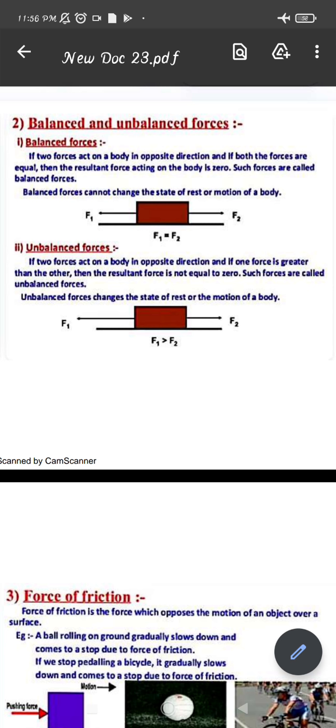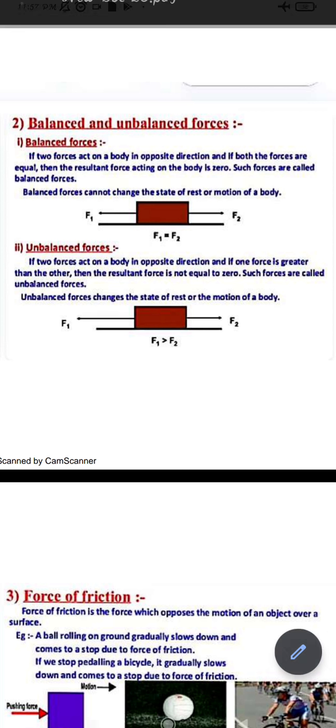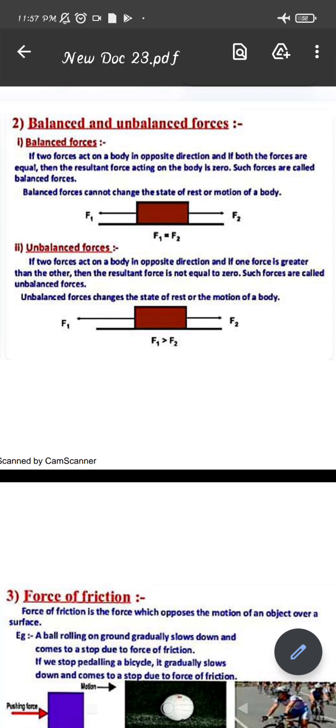Now you are pulling the object towards you with 5 Newton, and the other one is pushing that object with 5 Newton. So now you are trying to move that object in the same direction itself. So what will the resultant force be? The sum of both the forces. One force is 5 Newton, the other force is also 5 Newton. So 5 plus 5, there will be 10 Newton of force applied on that object,